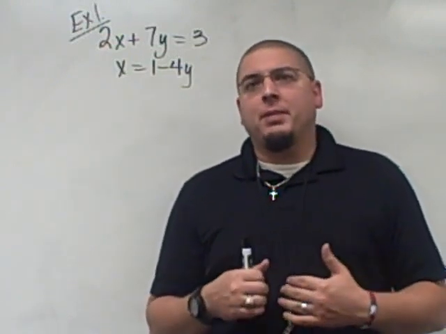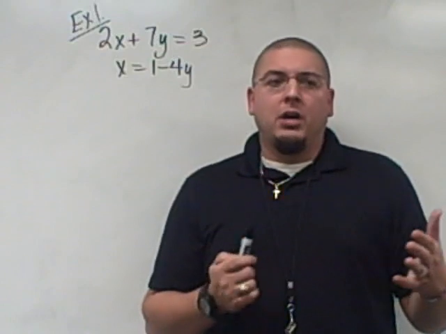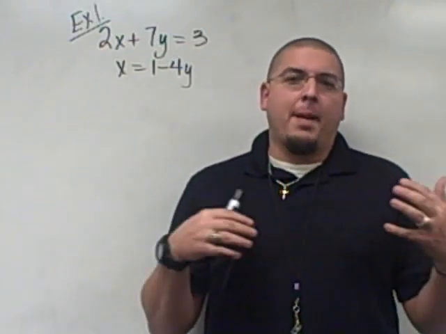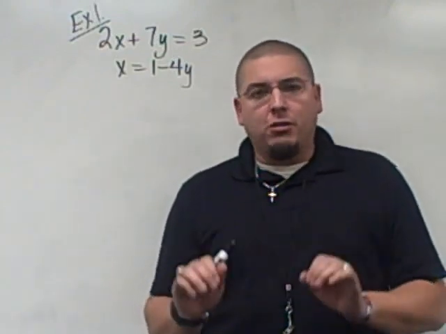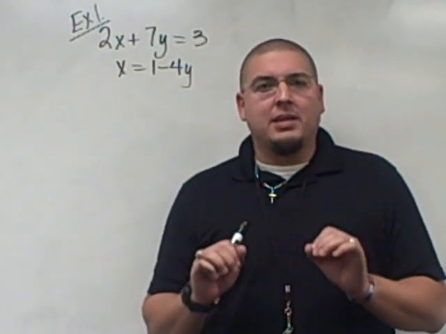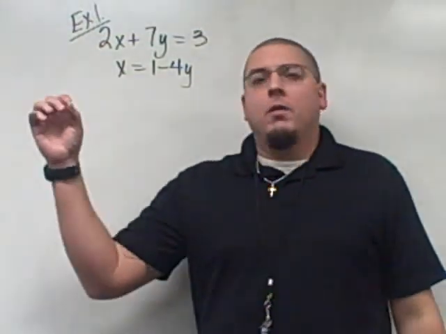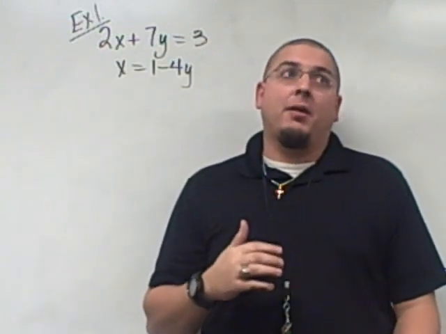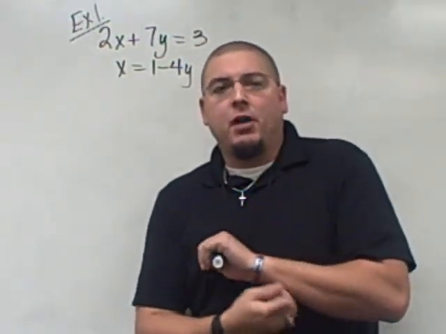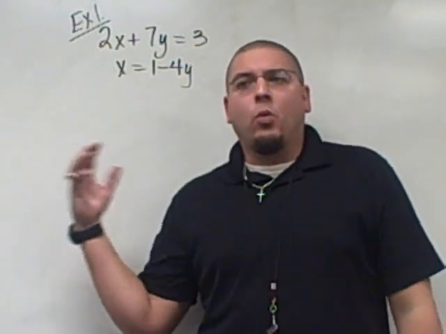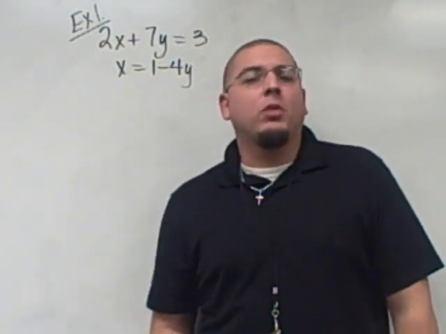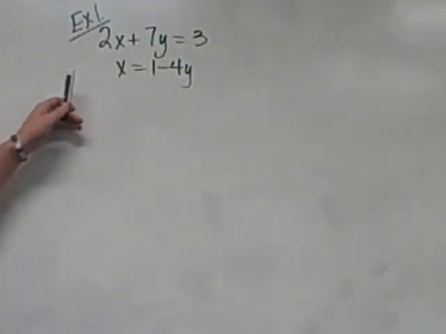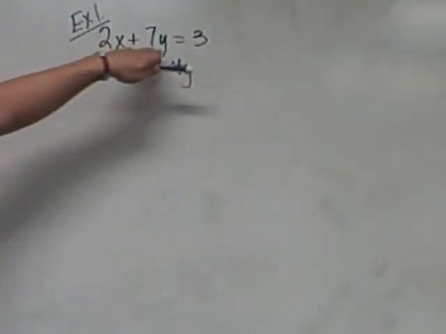It's not just simply by saying, okay, I prefer to do elimination, or I prefer substitution, or I prefer graphing. You can do that when you take a STAR test, but when you are doing a problem in class, because we have to learn all three ways to solve systems of equations, you need to figure out what the indicators are to determine what the best method is, okay? So for example, if we look at example number 1, we're looking at 2x plus 7y equals